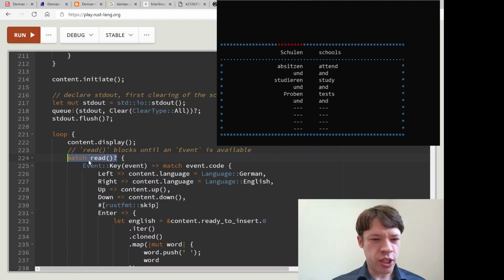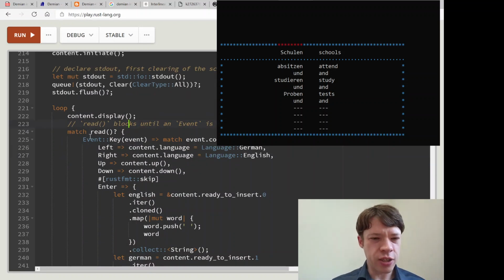Then we get to this. This is another crossterm function. It has this thing called read, and this is a comment from their documentation. Read blocks until an event is available. So it's going to wait for you to do something. And what kind of event is there? The only event I care about is key events.